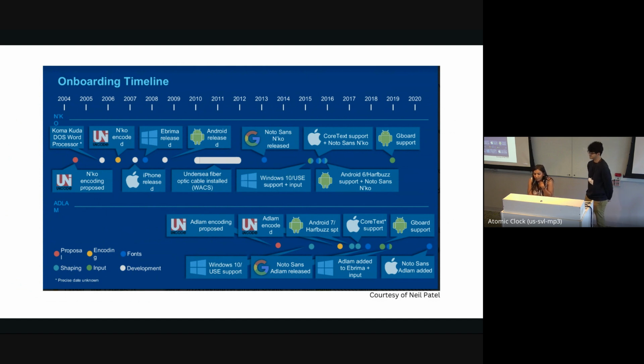This is a graphic that we borrowed from Neil Patel, a type designer and researcher. He showed the timeline for two scripts here. There's Unco on the top, which we won't talk about now, and Adlam on the bottom. It shows the years it took to get full stack support, you might say. So you have Unicode encoding here in the first few dots, but then he shows how in the ensuing years you had support on operating systems, the Universal Shaping Engine for Windows, HarfBuzz, Core Text, and Apple. Steadily open source fonts were built, like Noto Sans Adlam, and input method support was added, like Gboard support.